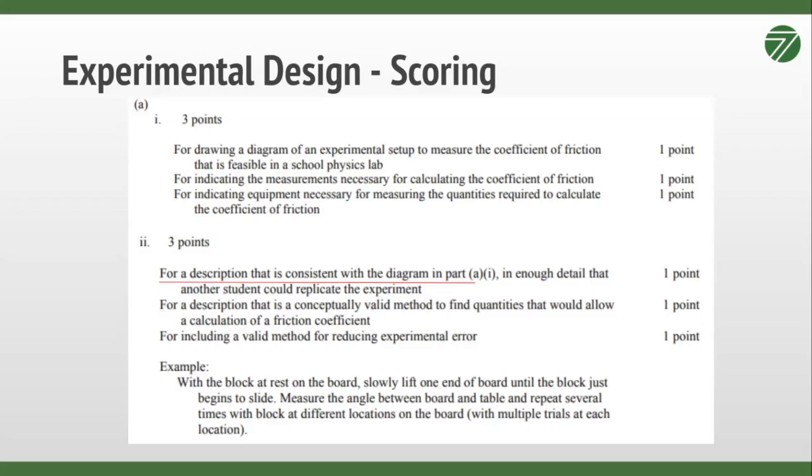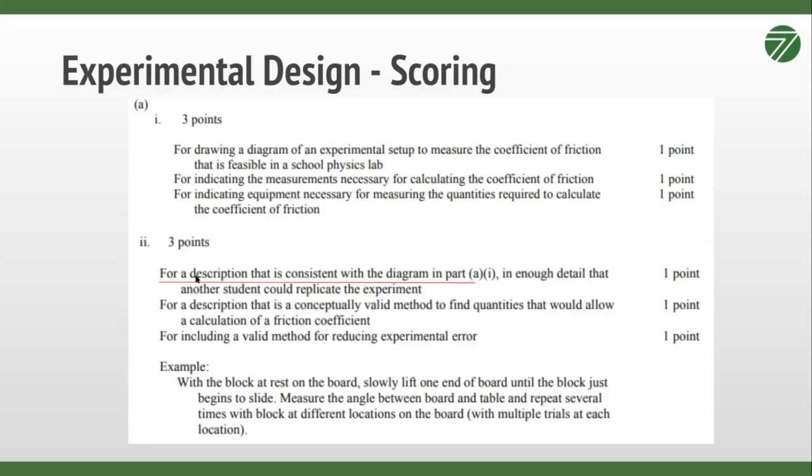here's where my spring scale goes, and making sure that you're showing explicitly that these are the pieces of equipment that I'm using. That's not just a scratchy diagram with some pictures on it, and it's like, okay, is that a spring scale? Is that just a piece of string? I don't know. It should be clearly labeled, all that stuff, to make sure you get all of your points